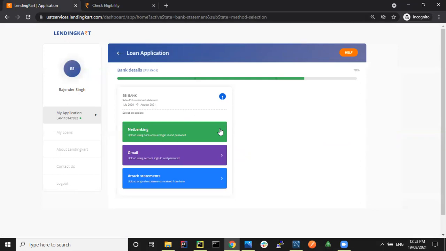Till date, Lending Card has had the options to get bank statements via net banking or the attach statements method. In the net banking method, you had to enter your bank credentials and we were able to get your bank statements. In the attach statements method, you had to upload your 12-month bank statements manually, and then your loan was processed. With this new Gmail feature, we will be directly getting your bank statements from your